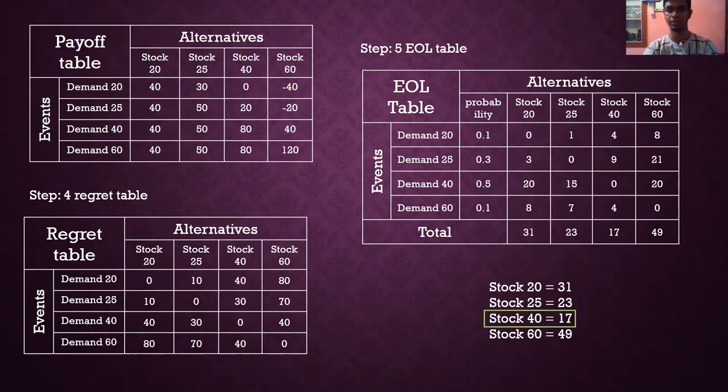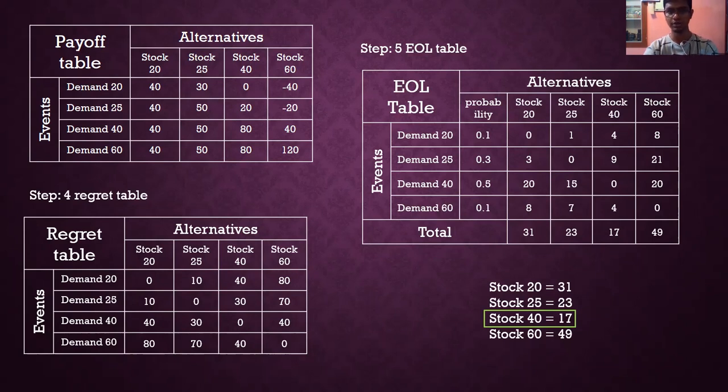But in the earlier sums, as we have seen, we got different answers. For every problem we got a different answer, but the question was the same, the events and alternatives were the same, demand and stock were also the same, but the answer we got was different. For some questions we got x as the answer, for some y, and for some z. So to come out of that error and to find the optimal solution, we are using this method.